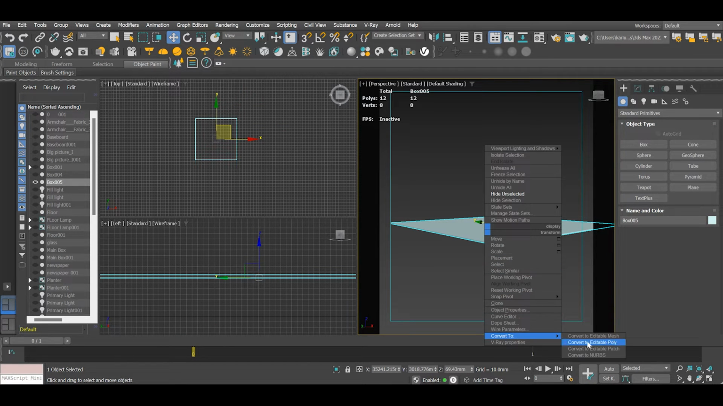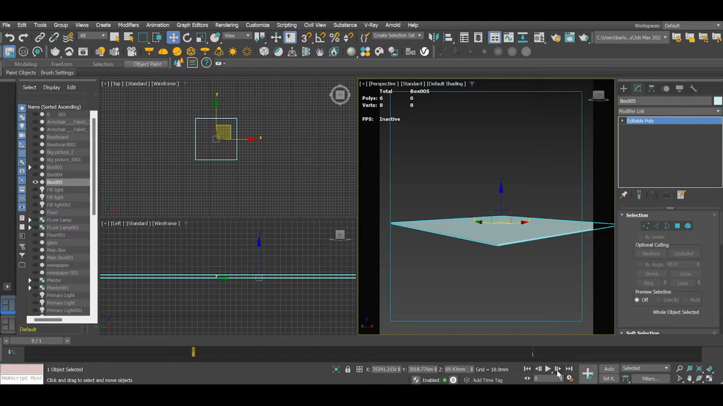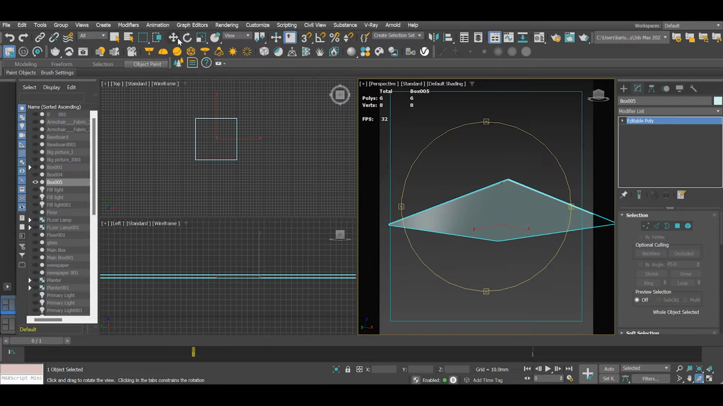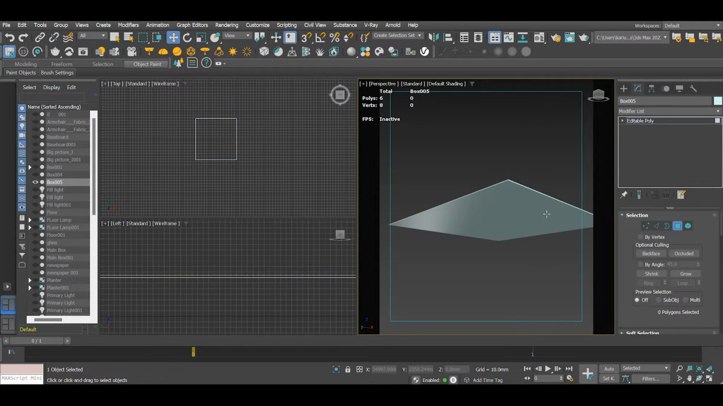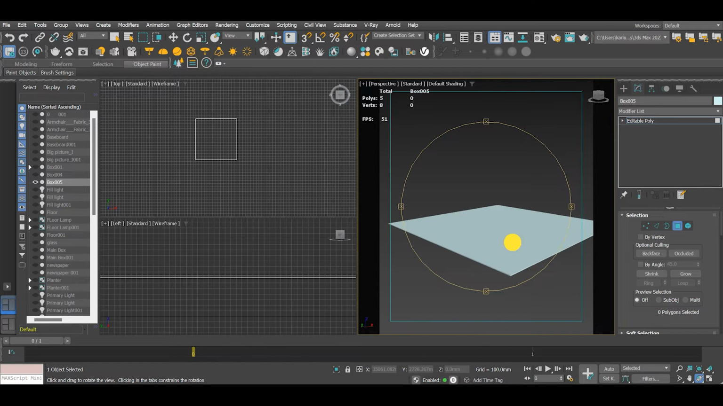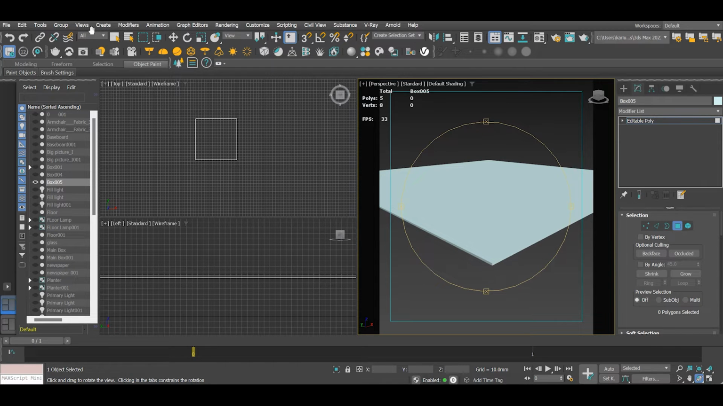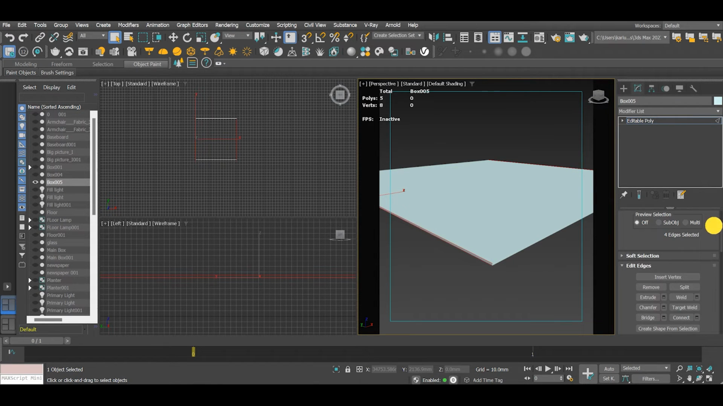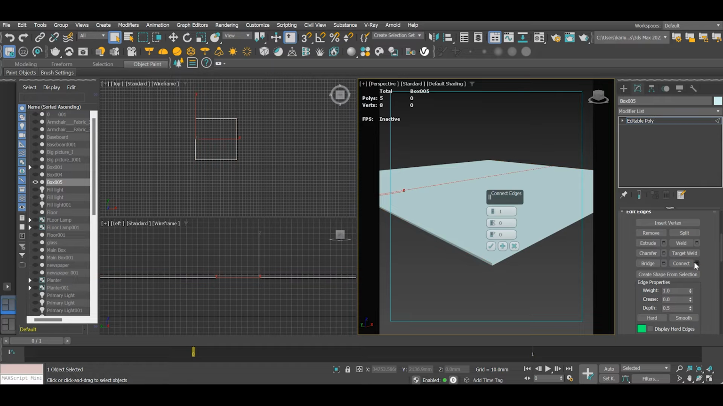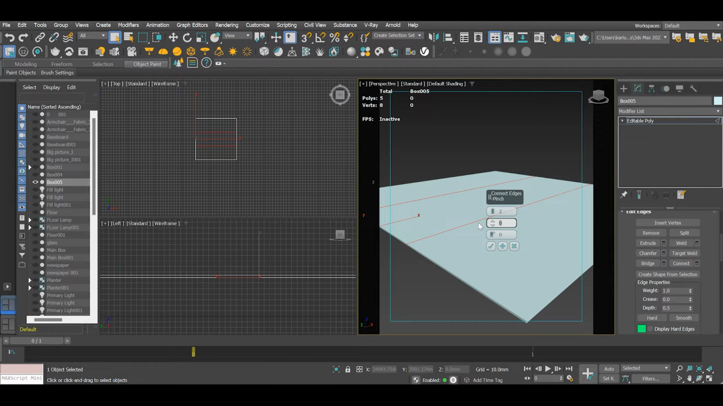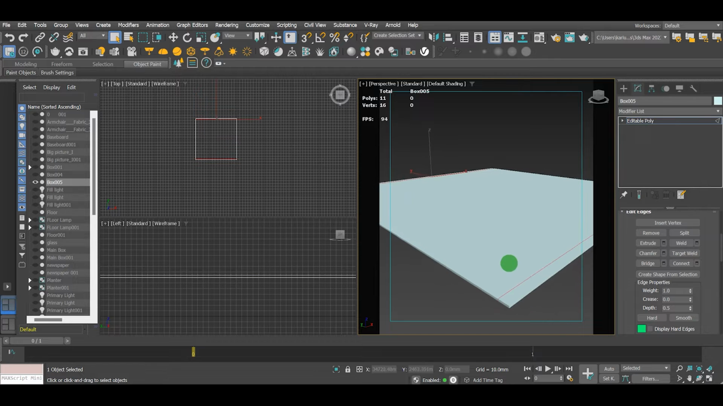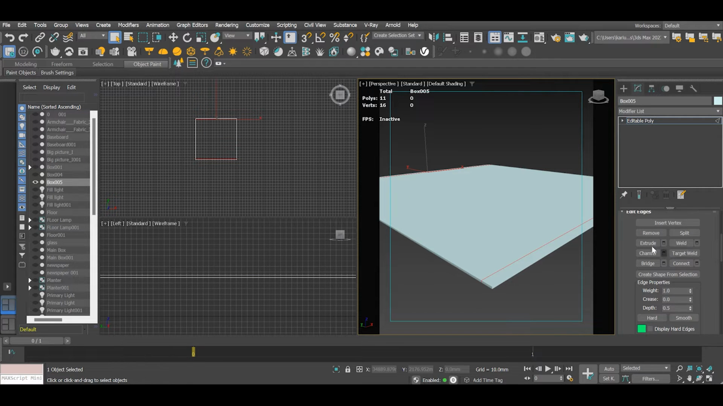Convert to editable poly and make sure you delete the face on the back side. Using the selection panel, select the edge tool, click on the edge ring and then connect. Do also on this other side, ring, connect,